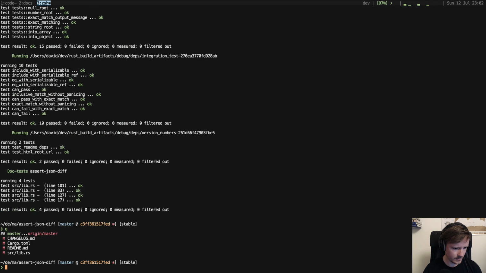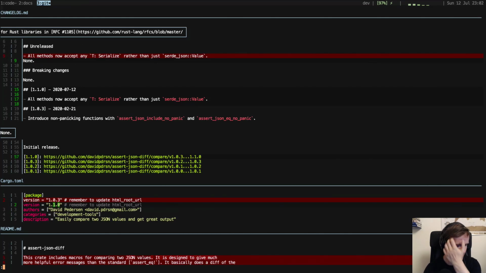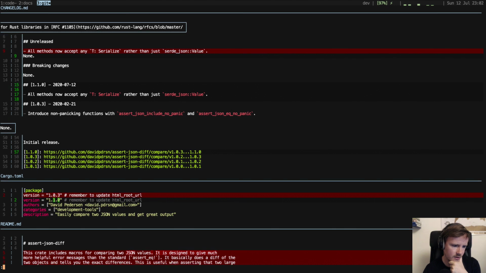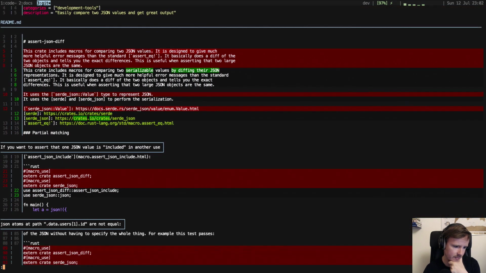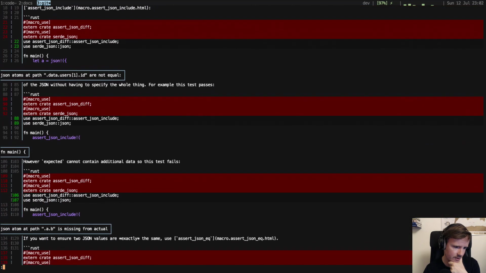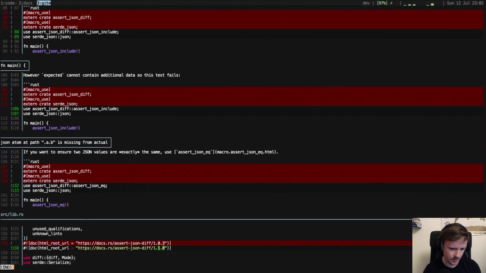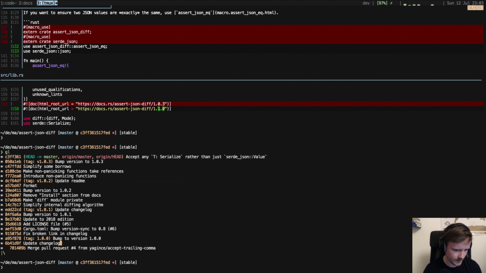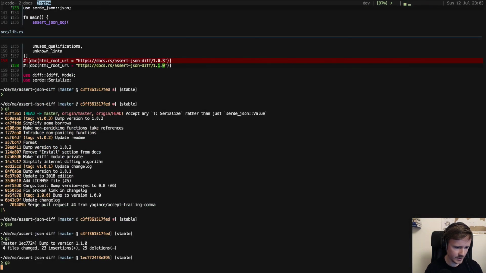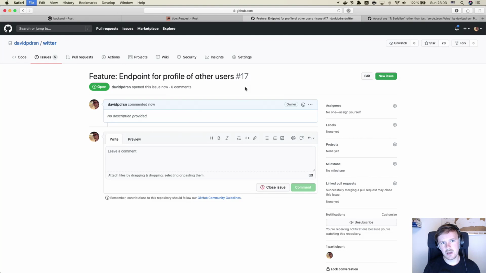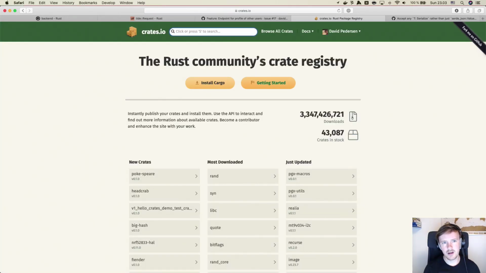Everything's working. Updated the changelog, the toml file, README. Yep. Push it to GitHub, and then I use a crate called cargo release, I believe,